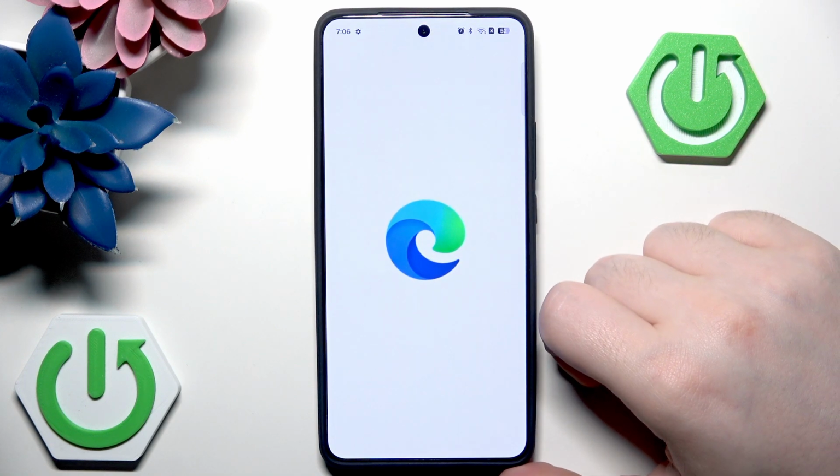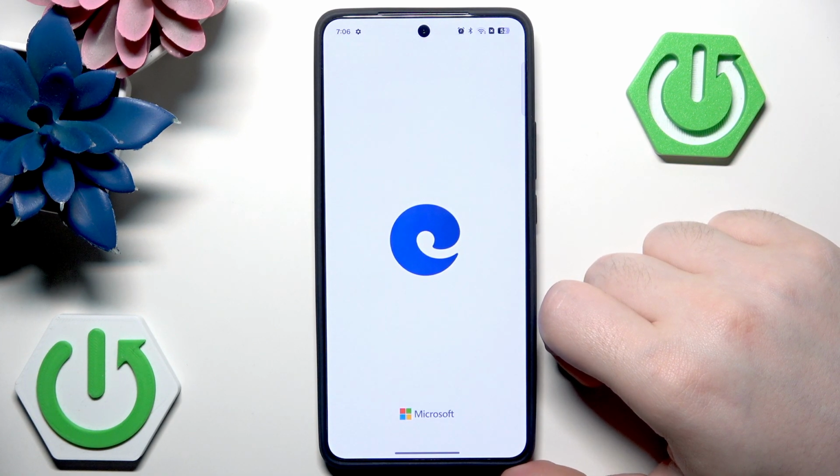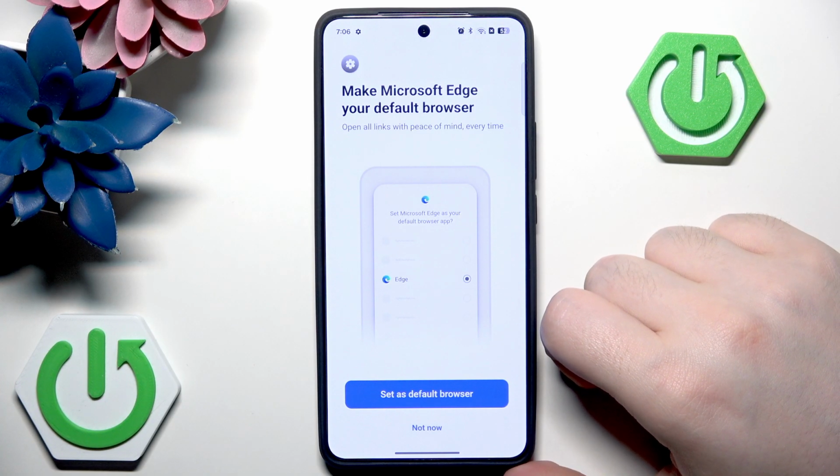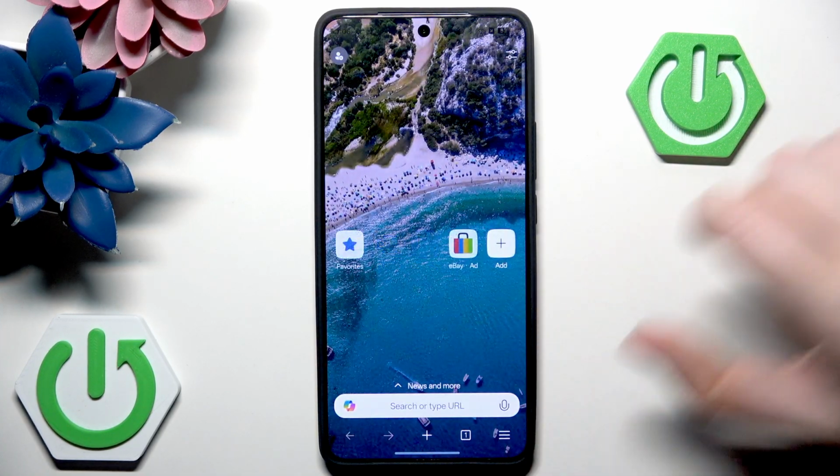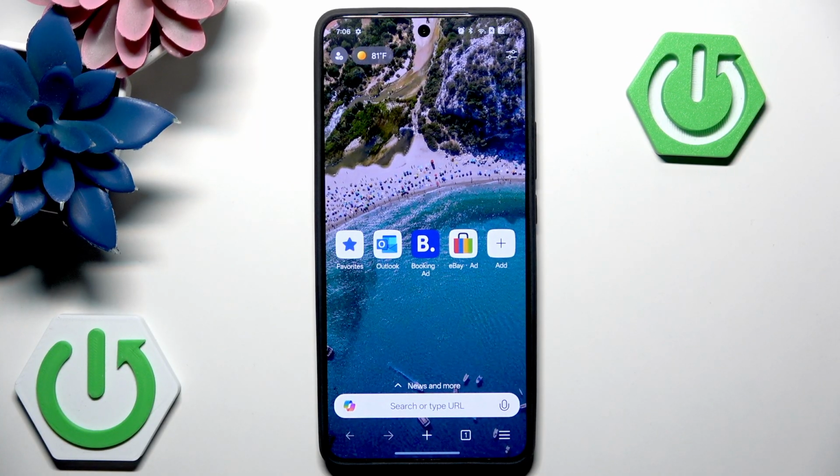Now click open. And then you can set this browser as your default browser, or you can click not now and click confirm. And as you can see, my Microsoft Edge browser is now installed and is ready to use, so that's it